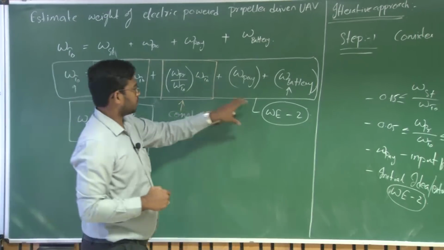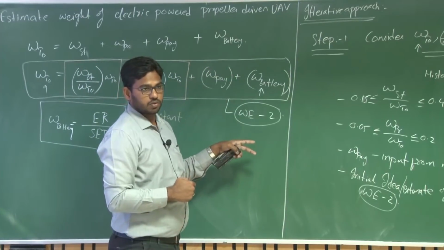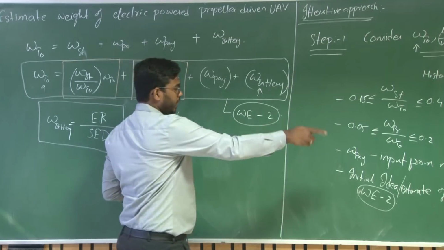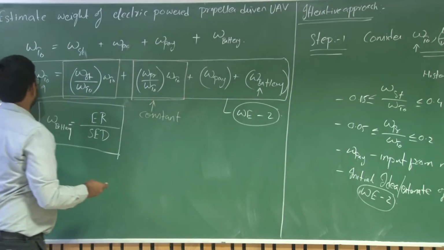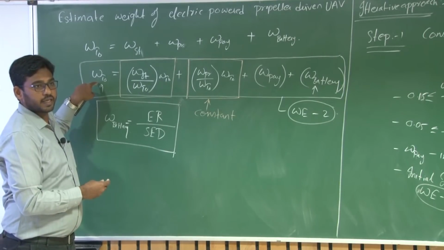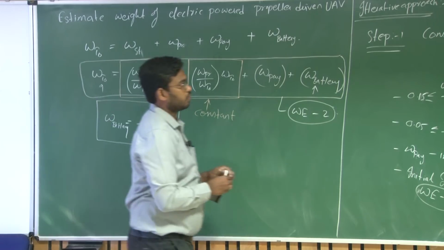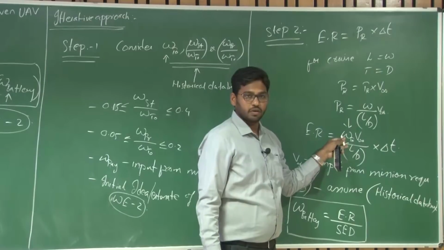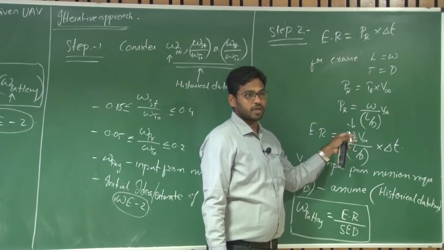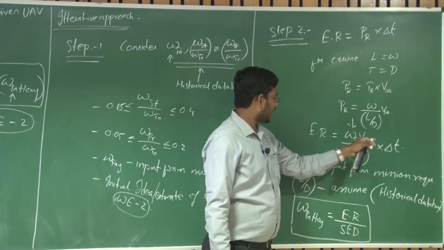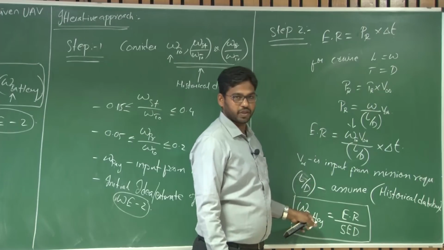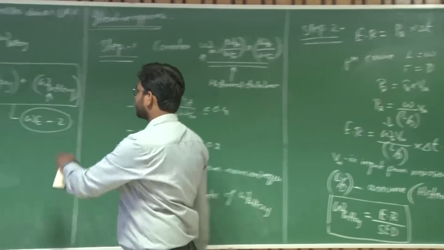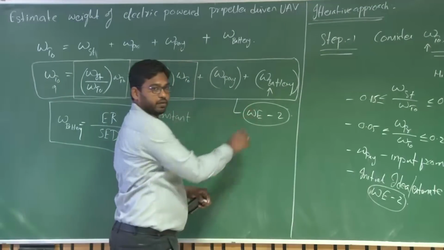So what we are trying to do is adapt this equation to the new UAV by updating the battery weight, right? Now you have updated the battery weight, and the overall takeoff weight changes again. For the new takeoff weight, the energy requirement changes again. Why? Because the energy requirement is a function of takeoff weight. Now again estimate the battery weight here, and update this equation again with this battery weight.